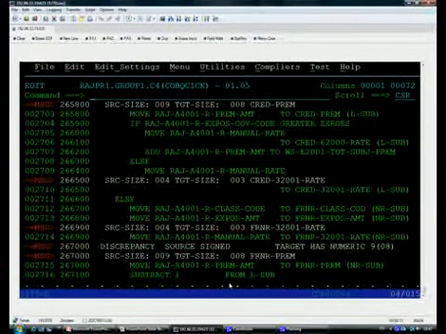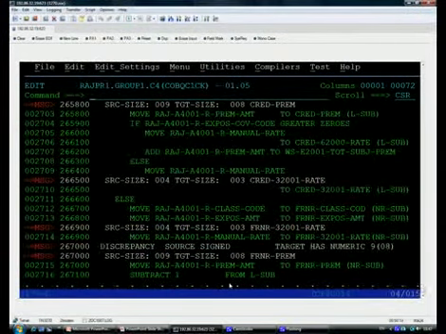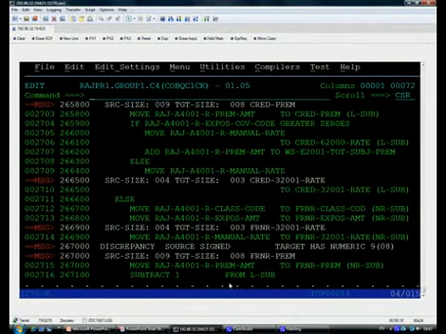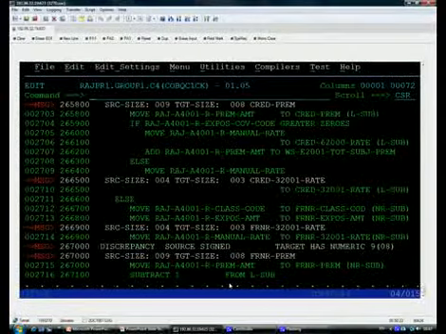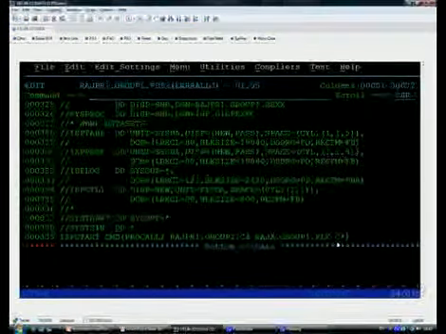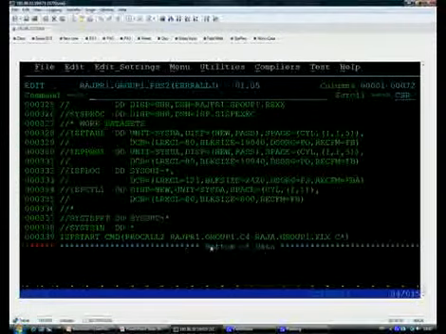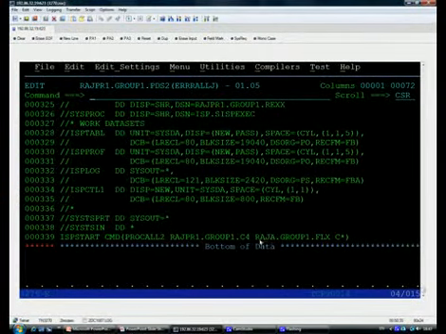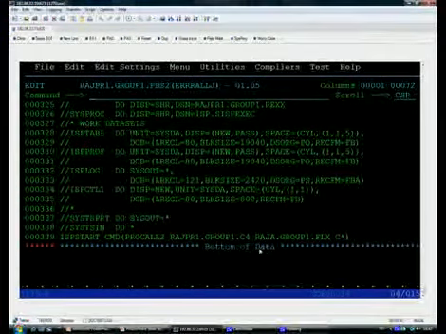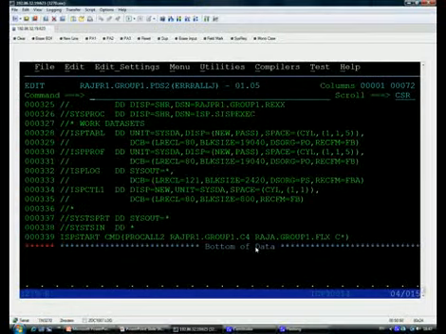COP-QC batch process allows you to run through a number of programs in a PDS and create a report of bugs in those. Let's take a look at that. Suppose you want to identify bugs in all the programs that start with C in a PDS called group1.c4. After I run this process, that report will be created and placed in group1.flx. It takes a very short time to run this process.